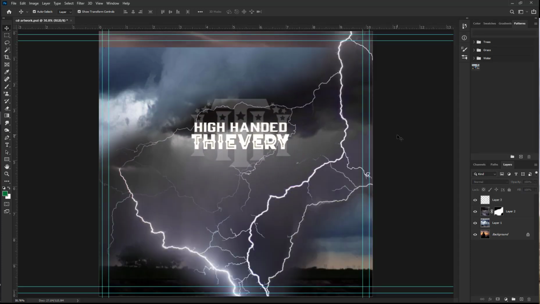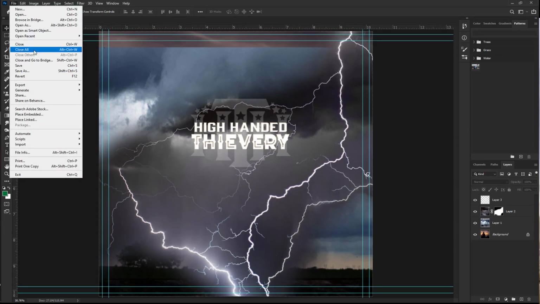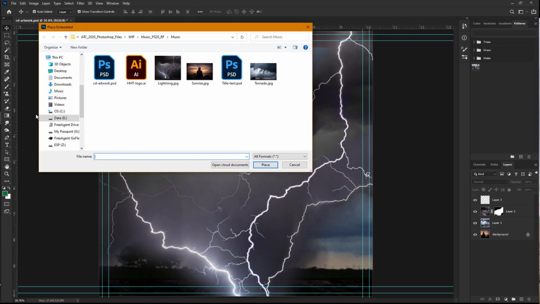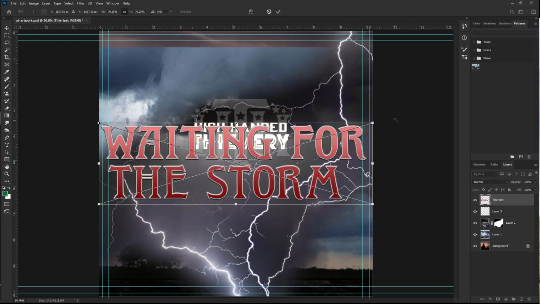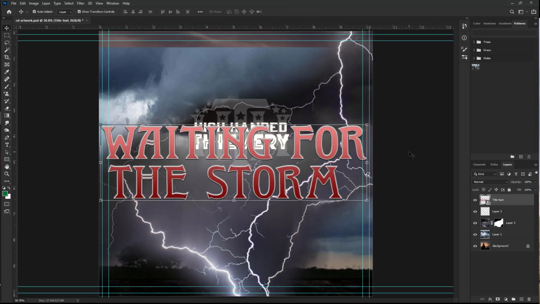So there's our logo. The next thing we're going to work with is to place an image, which is another Photoshop image, and we're going to place that in as an embedded file. We're going to explain a little bit more why we're doing it this way as we move through the chapter. And we're picking up title text, and we're going to place that, and it's going to be centered on the artboard, and you can click the check mark at the top or your enter key to commit to placing that